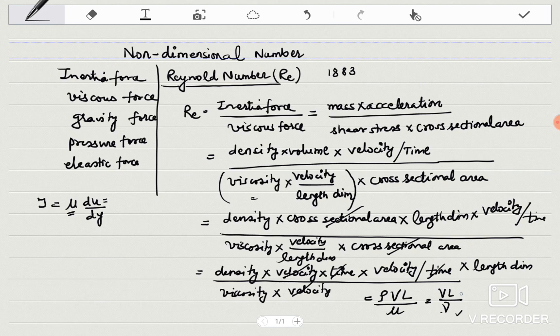Now you see, if the inertia force is dominant over the viscous force, that means Re is greater than 1. Then what will happen? Because inertia force is dominant and viscous force, which is producing the resistance, is not so powerful, therefore turbulence will arrive in the flow region. So you can say that when Re is greater than 1, this implies turbulence. Though I will tell you the range for Re, or the value of Re for which the turbulence will occur. Flow is turbulent,